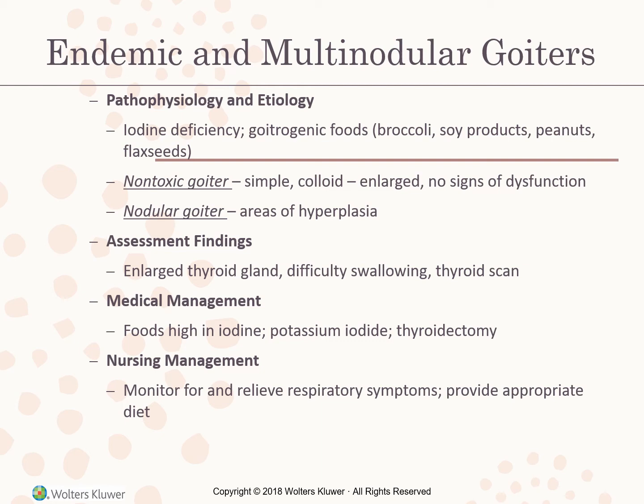Our responsibility as a nurse, if the patient has respiratory distress because of the enlarged thyroid, is to make sure we are observing respiratory status as well as elevating the head of their bed to relieve any respiratory symptoms. We might have to provide them a diet high in iodine and iodized salt. Natural iodine content is highest in seafood and shellfish, and is found in varying amounts of bread, milk, eggs, meat, and spinach. Fish, lentils, and yogurt are also non-goitrogenic alternatives to soy protein, and a soft diet might be necessary if the patient has difficulty swallowing.